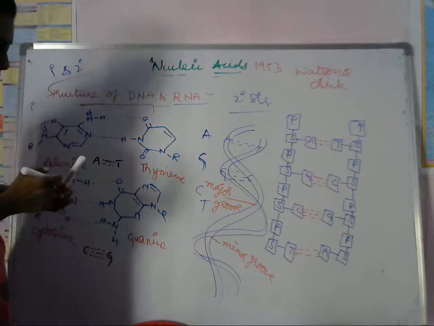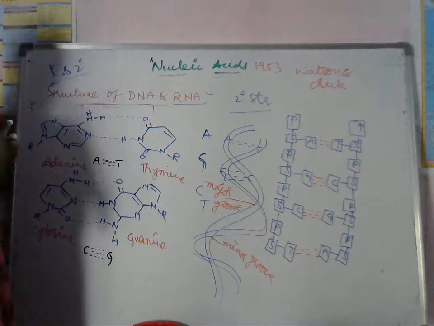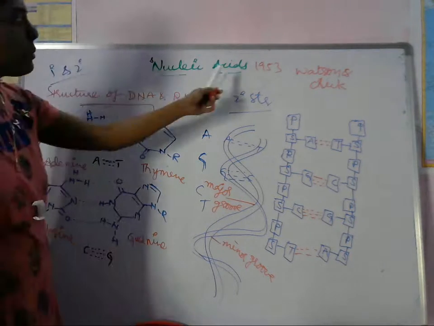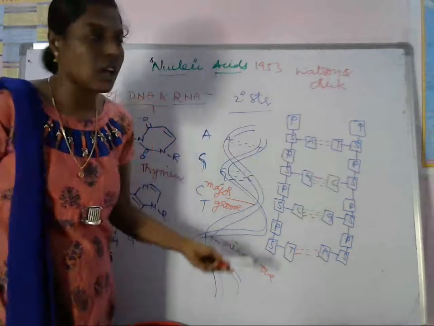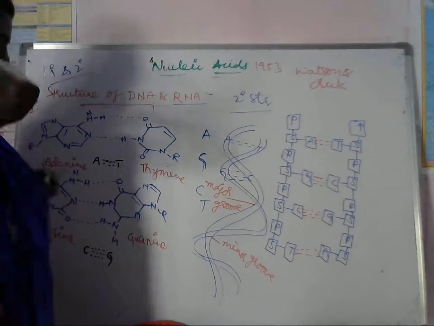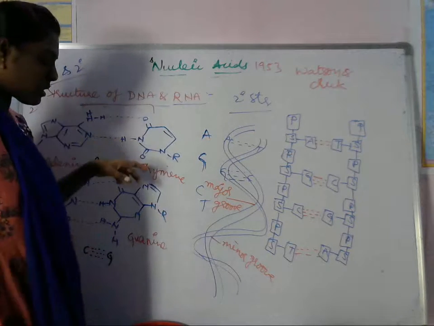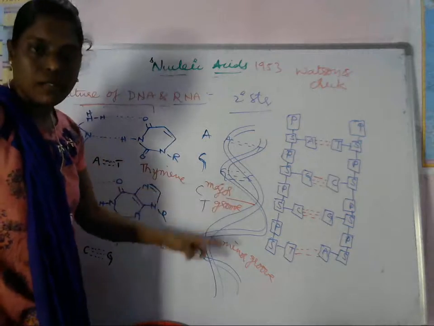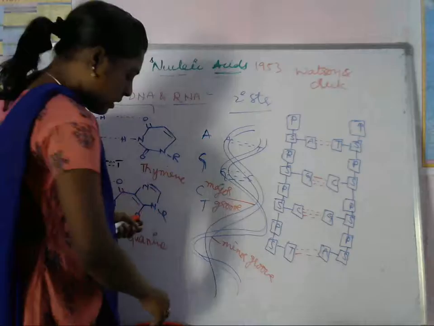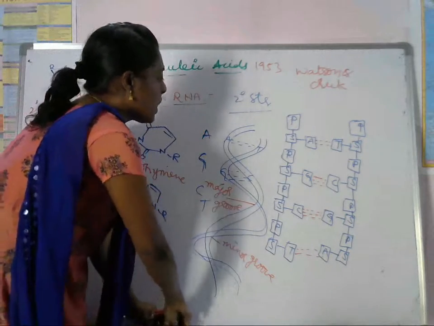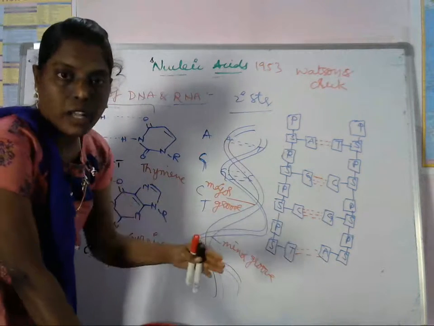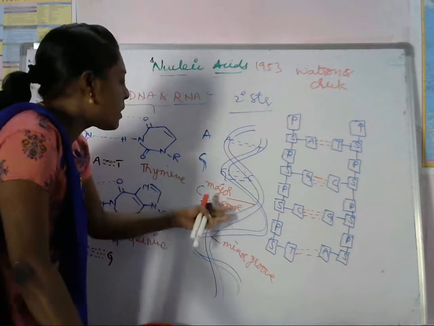Now in the same way, what will be happening in the secondary structure? In 1953 Watson and Crick proposed this double helix structure. This is the secondary structure of DNA from X-ray analysis. It has a double helical structure. If you see clearly, these have purines and pyrimidines which are bonded with their corresponding pyrimidines or purines.